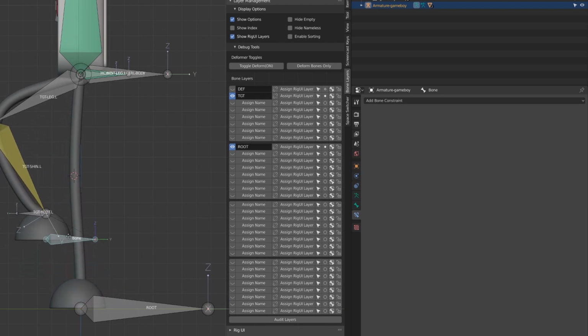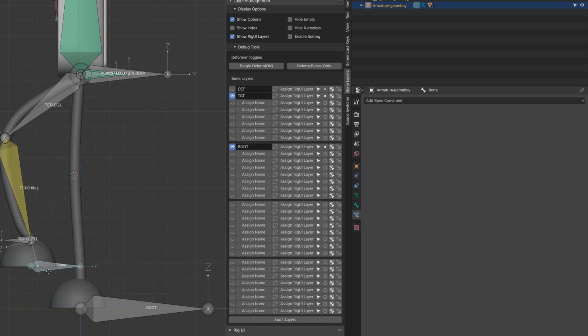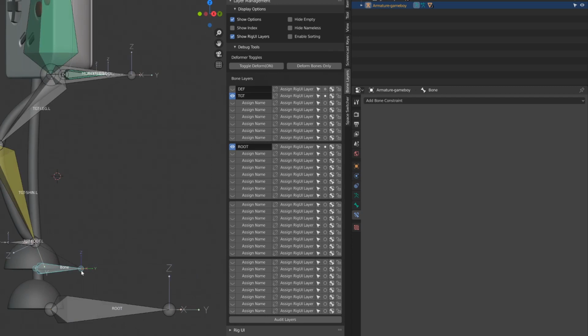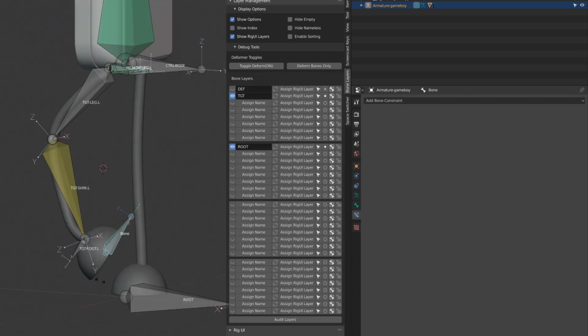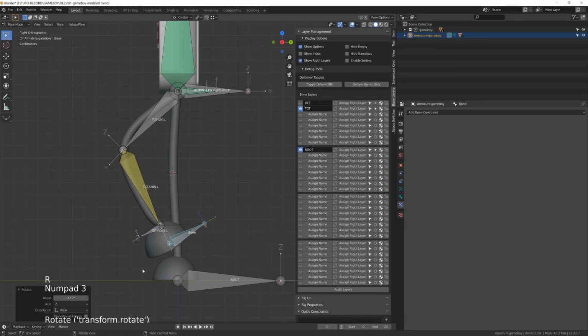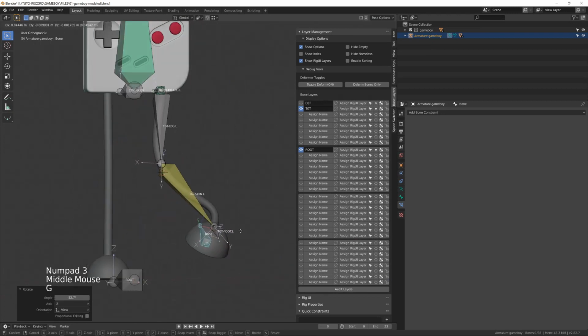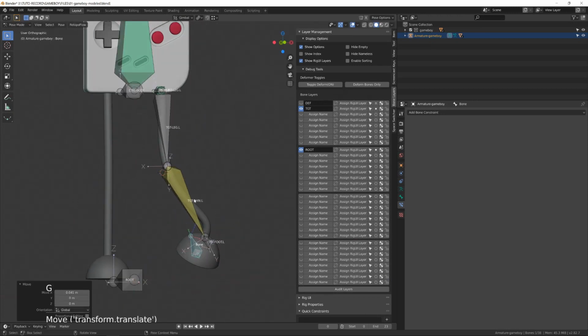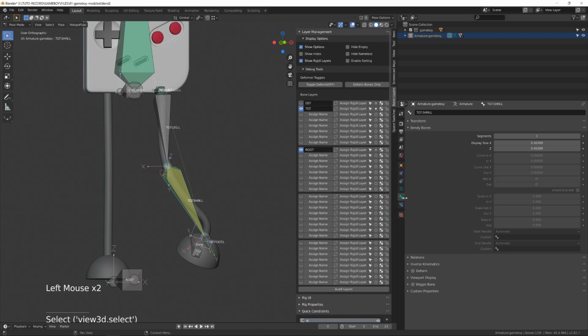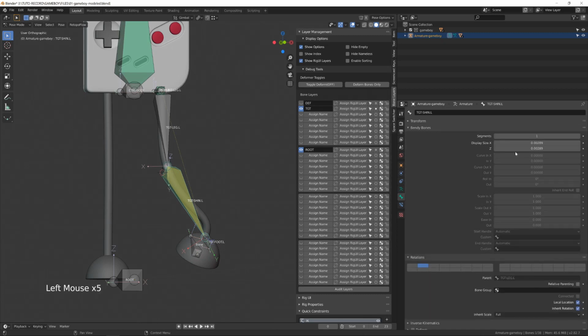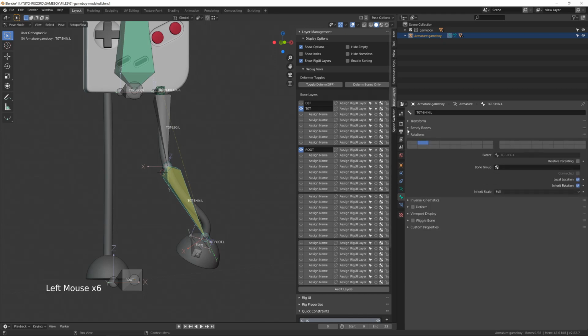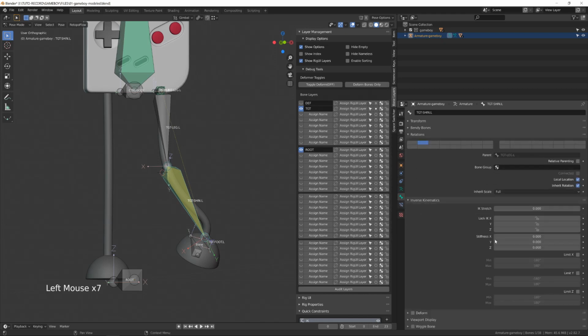The inverse kinematic will behave a little better, but we still have this switch in direction whenever we're trying to bend the knee. But we can easily fix this strange behavior with a pole target, something that will allow the knee to point at. First, I will go into the bone options of the shin and you will find an inverse kinematic tab.